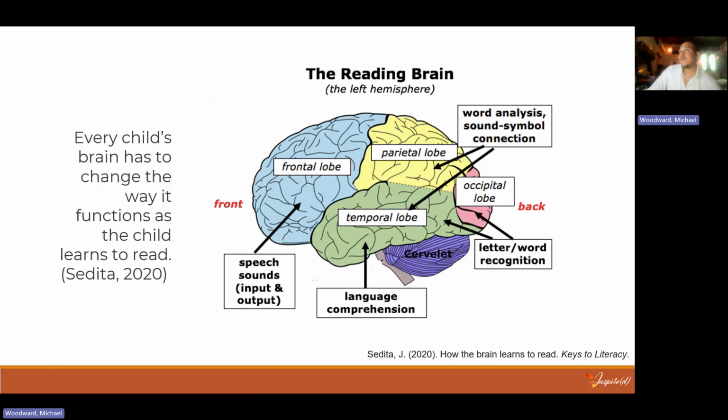But what if we throw in an additional layer of that: while everyone has to learn to read, or everyone should know how to read, everyone's brain functions and operates differently, which speaks to the uniqueness in which we all are. And I think that adds another layer and another complexity to teaching reading.